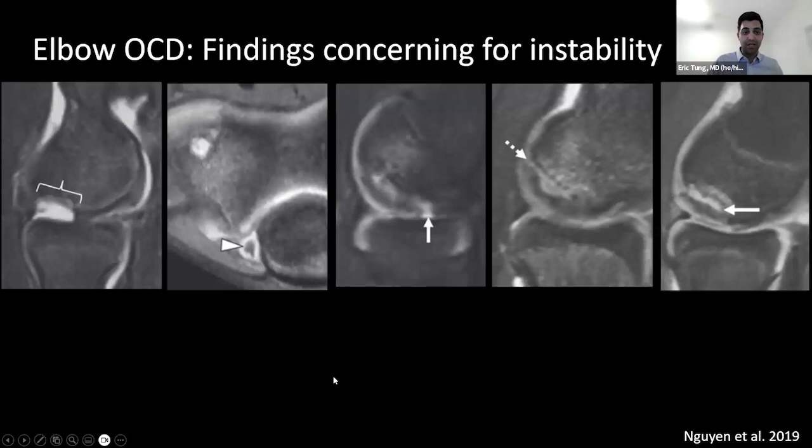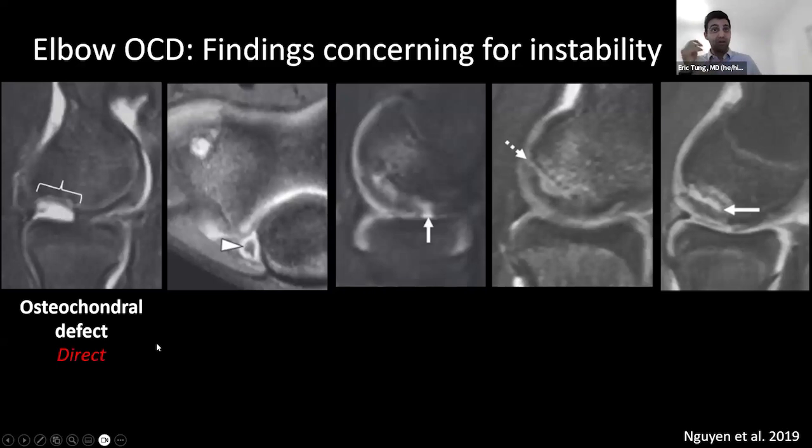Our moderator, Dr. Nguyen, has published some fantastic articles on osteochondritis dissecans. I'd highly recommend that you check them out, because what we are looking for as radiologists is, one, to make the diagnosis, but two, to ensure that the lesion is not unstable, where it could detach and result in pain, but also in early osteoarthritis in these children. And so there are findings that we should really look for that can correspond with instability. From Dr. Nguyen's paper, looking at these capitellar lesions, things that should really raise alarm bells